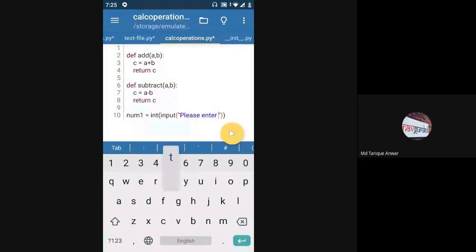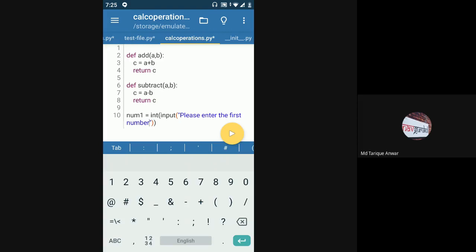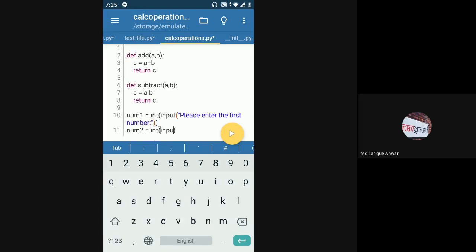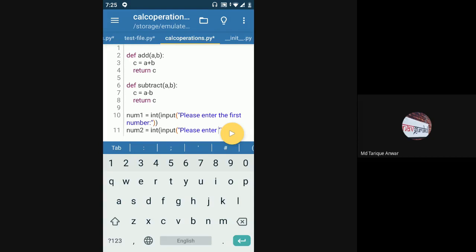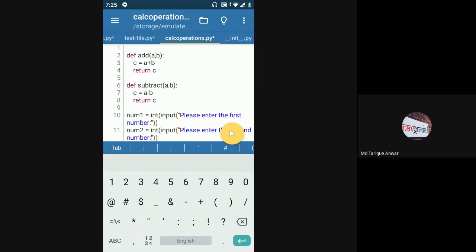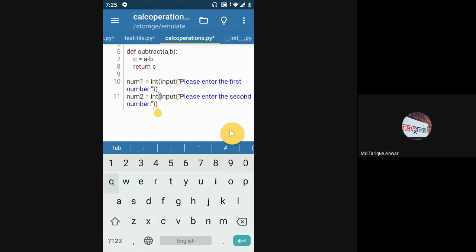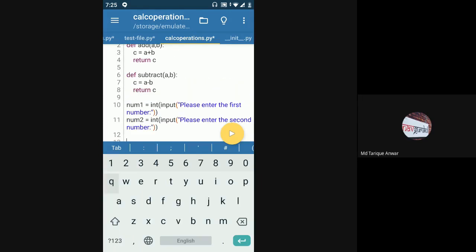Enter the first number. The second number. I'm taking two numbers and I'm going to use these add and subtract functions on it.